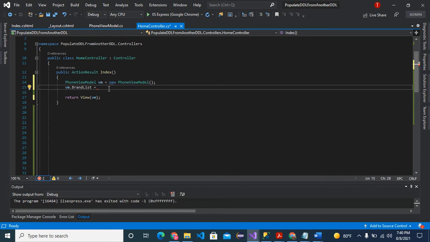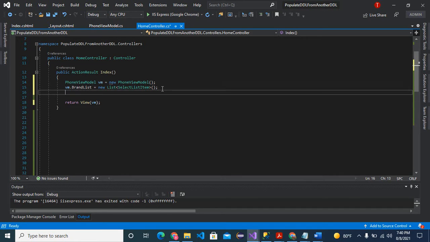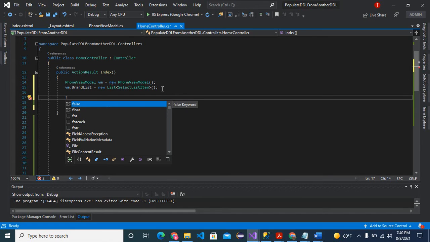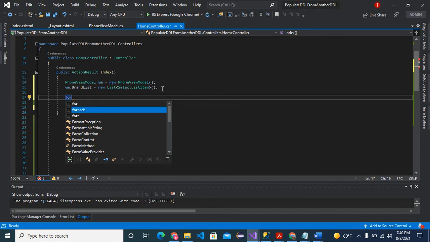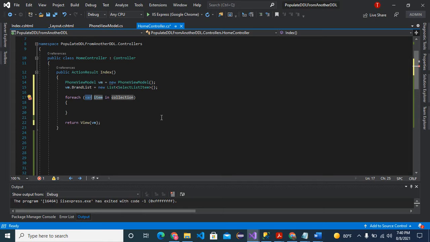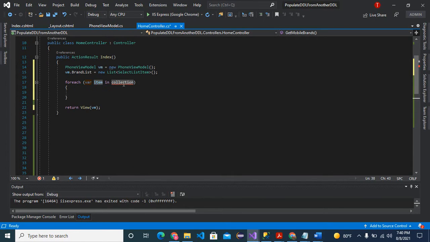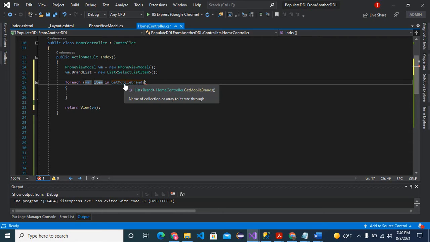Well, first of all, we need to initialize the select list item. Otherwise, it's going to break. Don't forget to do that. It's going to break if not. So we'll initialize that first, and then I want to get, let's do a foreach, for each of these items here. Okay, that's a method, so make sure you close it like that. For each of those items,